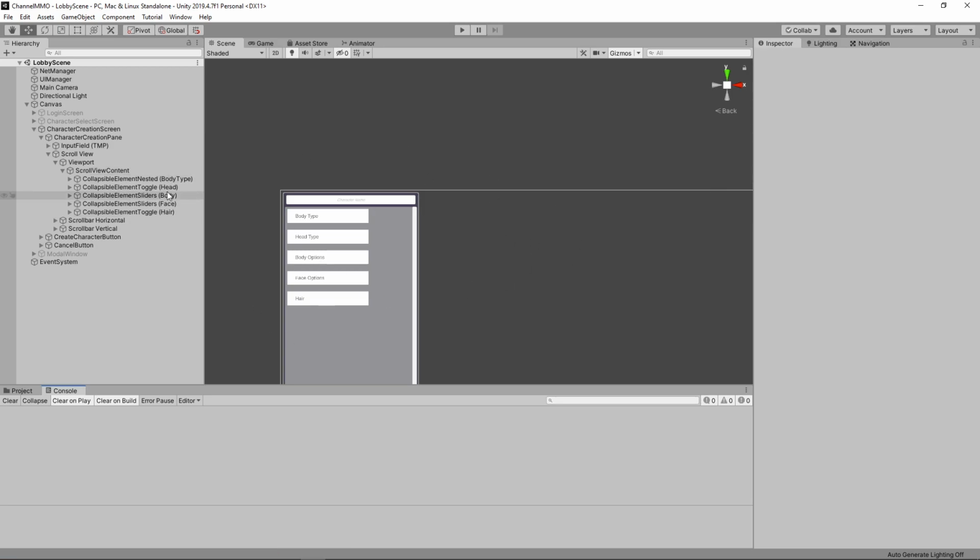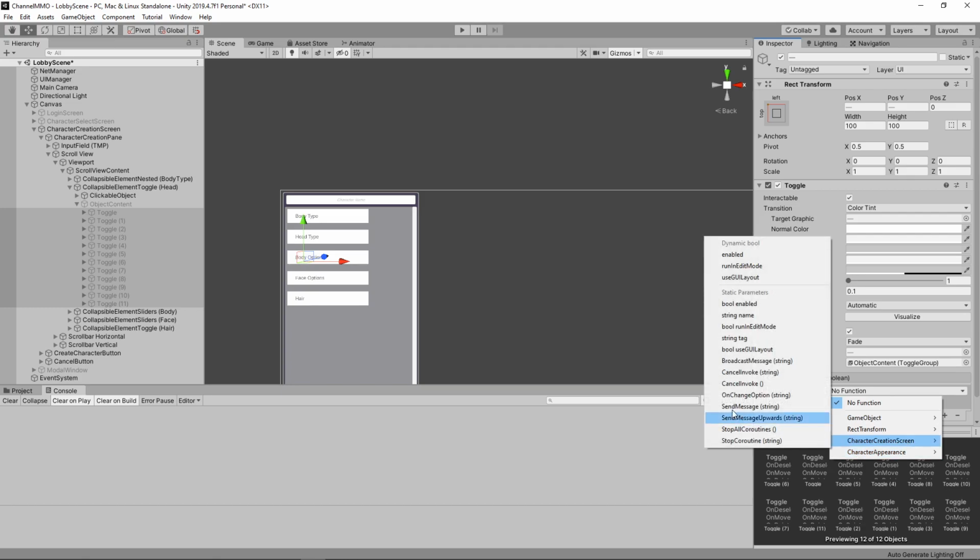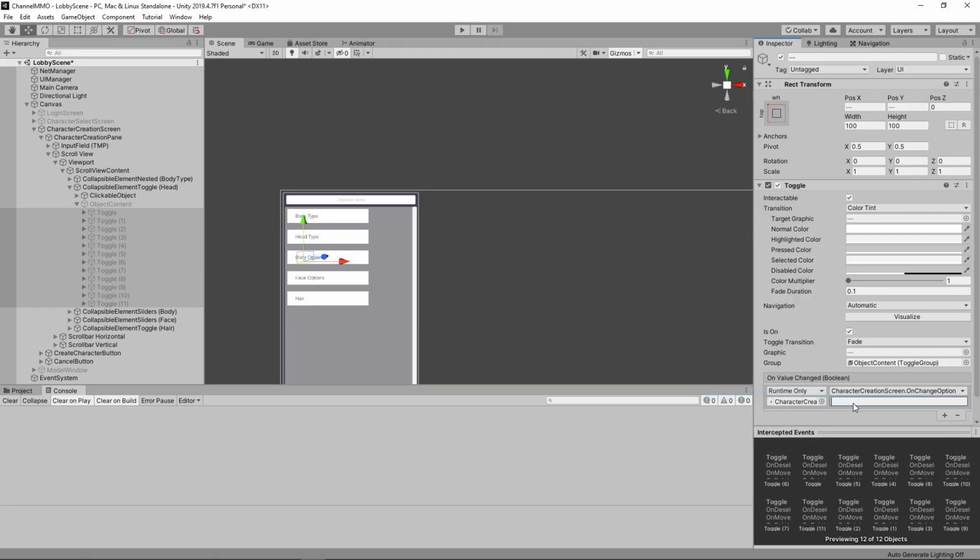And that's going to be how we're going to do this. It's going to be primarily identified via names, not really via numbers. So that'll make it just a little bit more flexible. Of course, we do not currently have all of this set up. This would be slightly obnoxious to set up, but we can do that. And the character creation screen would go in here, and this would be the character creation screen dot on change option, and this